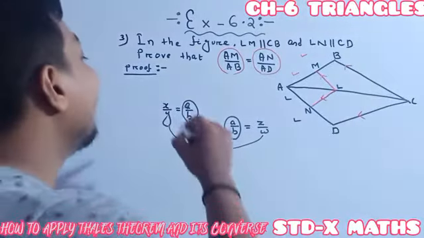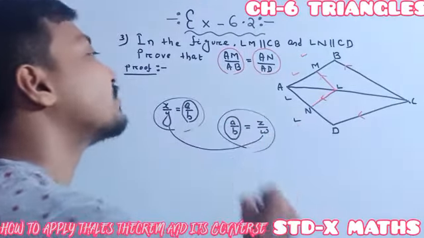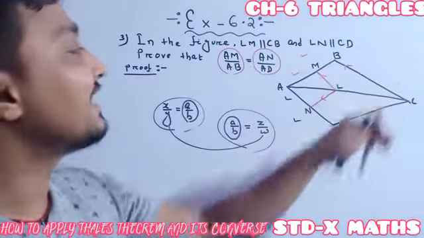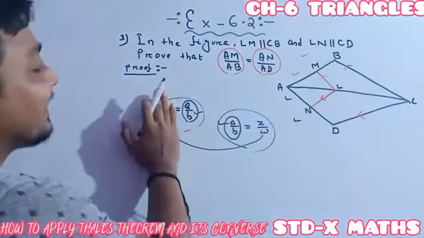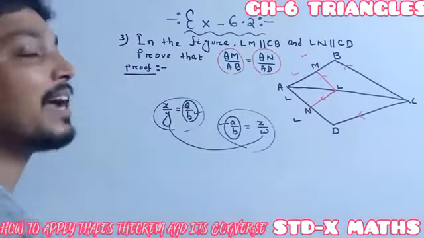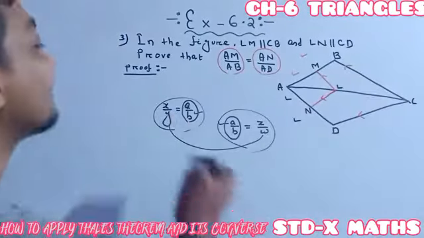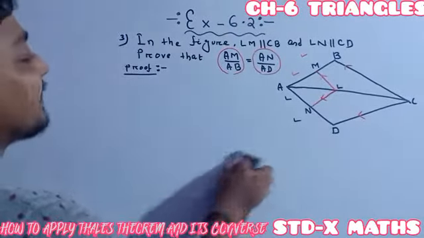Understood? Actually here we need to apply the Thales theorem. The Thales theorem is to be applied in the two triangles, and in the two triangles one side is common, so a by b will be common for both. So then directly x by y should be the same as our z by w. That is how I have shown you this logic. In the same way we have to prove question number 3.